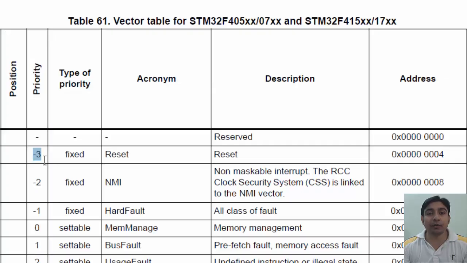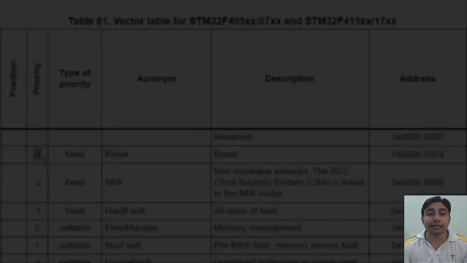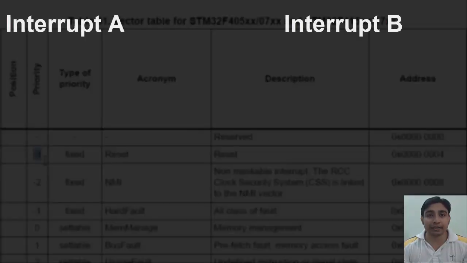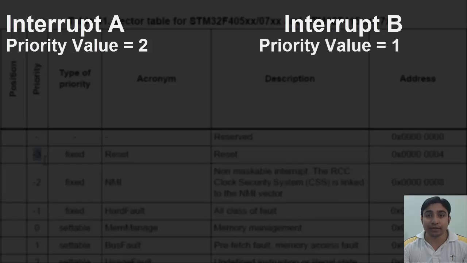Let's see an example of one more situation. Let's say we have two interrupts, interrupt A and interrupt B. Interrupt A has priority value 2 and interrupt B has priority value 1. That means interrupt B has higher priority than interrupt A. Now let's suppose interrupt A has occurred.